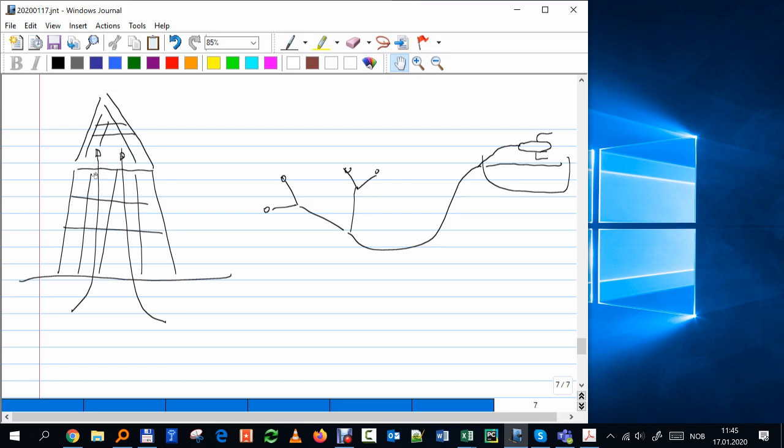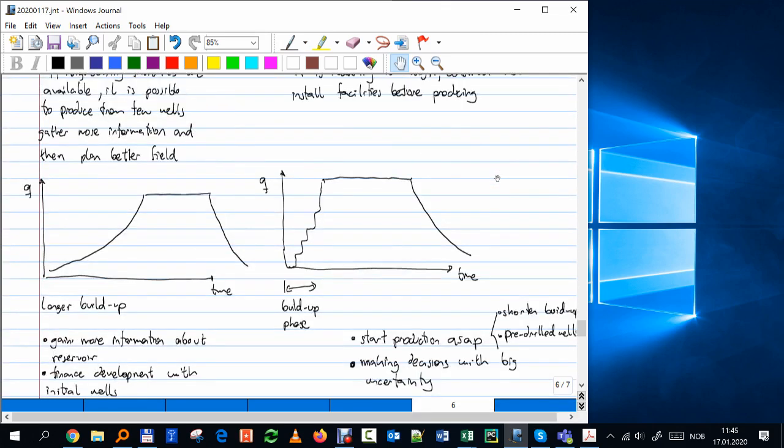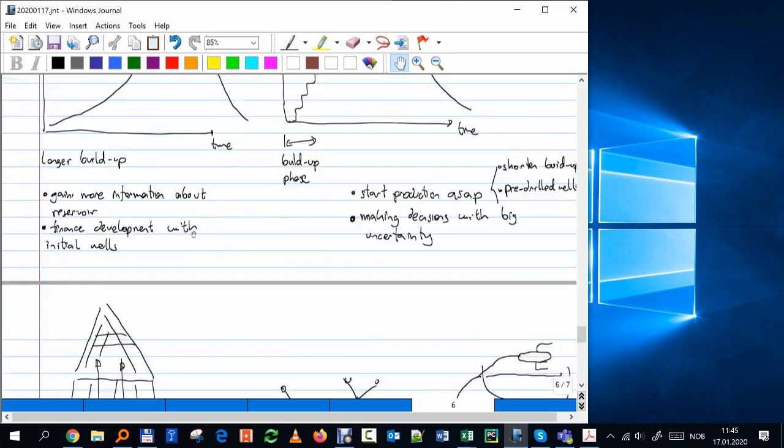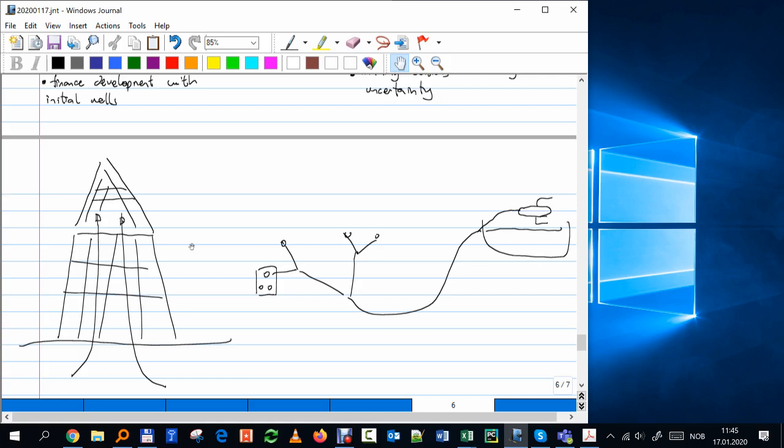So if my development has all wells concentrated in one place, that can also happen if I have a template, we're going to see later. If I'm on a template and drilling several wells at the same time, I don't want to produce from them because there is a risk of accident. But if I have the case where they are quite separate, the vessel has to move significantly from one place to another, I can very safely produce from some. And then this one will be stepwise,